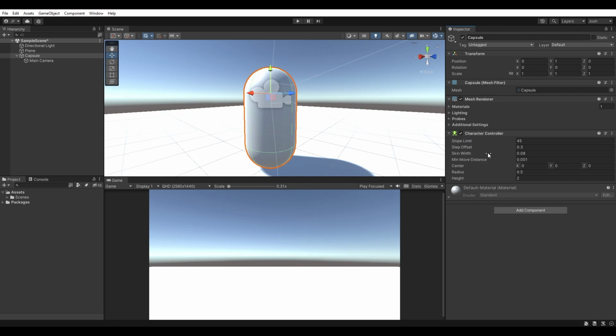So if you mouse over the skin width variable on the character controller component here, the cursor has two arrows on either side. So when the cursor looks like that, we can click and drag left and right. If we drag left, the value will get lower. If we drag right, it'll get higher. So we want to drag it to the left until the value stops changing,